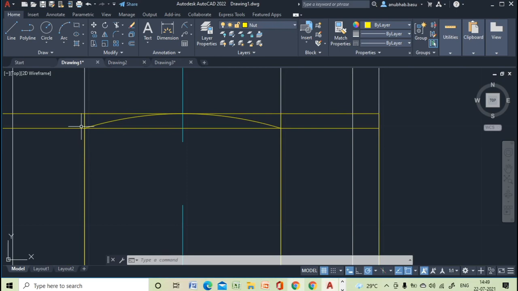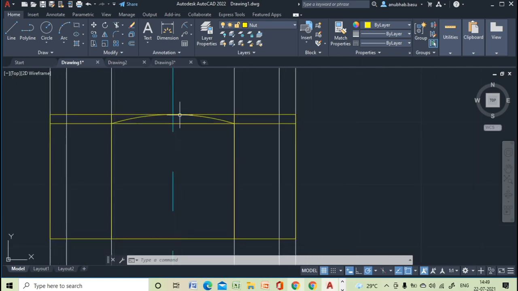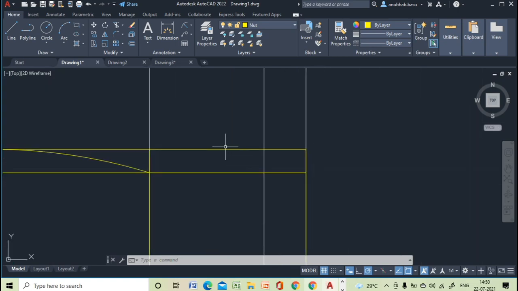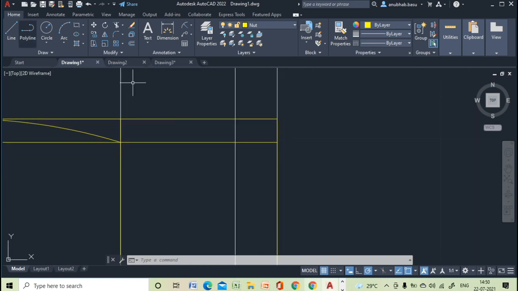Hello, sir. If we can identify the center point of the top line, can't we use the three-point arc? For the arcs that we are struggling to draw on the sides, if we identify the center point of the line at the top, where the arc will be, yes, we can find it out. Then can we draw the arc by three-point method? Yes, you can draw it, but the problem that is coming is that the arc is moving out of this region.